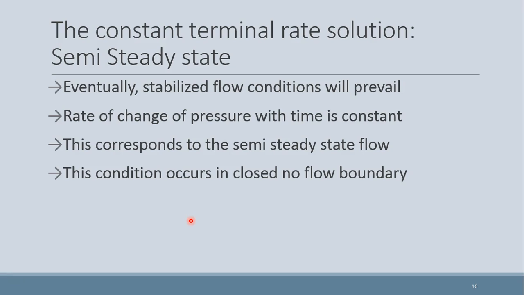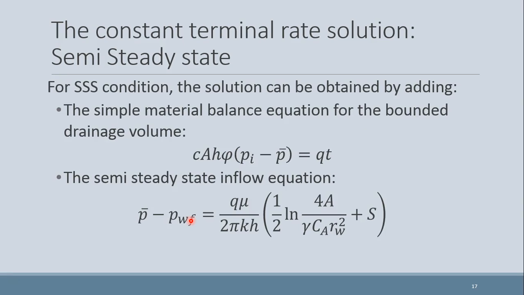So the rate of change of pressure with time becomes constant, and this corresponds to semi-steady state flow. This condition occurs in the case of a closed no flow boundary. For semi-steady state condition, the solution can be obtained by adding the simplest material balance equation for the bounded drainage volume, which is equal to c A h phi. Ah is the reservoir volume, phi is the porosity, so this is the pore volume in the reservoir. c is the compressibility, multiplied by Pi minus P bar, the average current reservoir pressure,